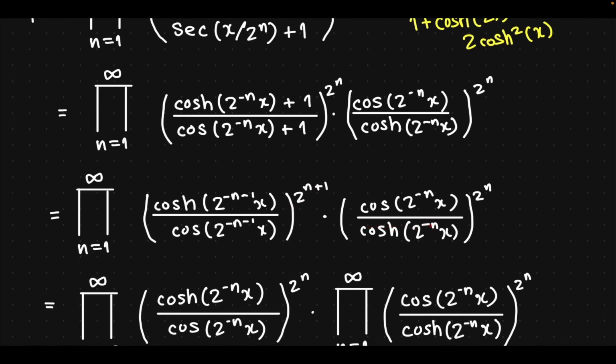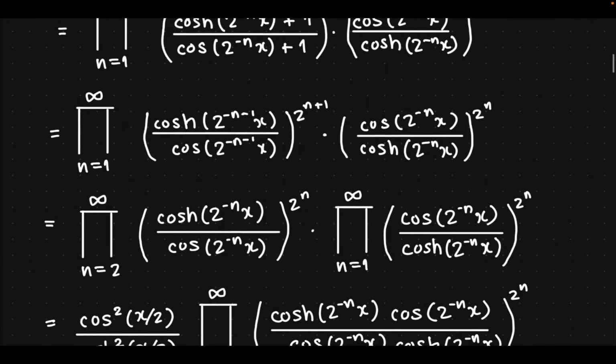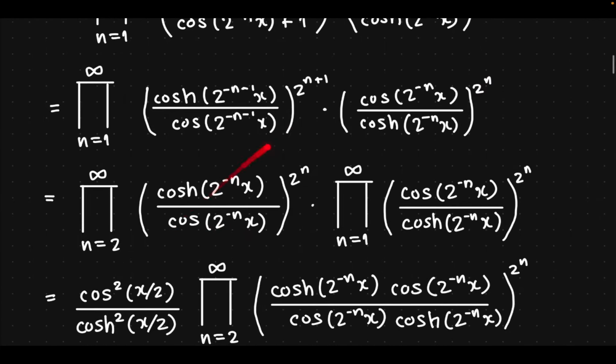Okay, and then the second term is as it is, cosine of 2 to the minus n times x divided by cosh of 2 to the minus n times x, quantity to the 2 to the nth power. Now, we can actually reindex this first product. We can start when we notice n equals 1, we have 2 to the minus 2. So it's as if starting our sum from n equals 2. So when we do that, we can index this as product from n equals 2 to infinity,